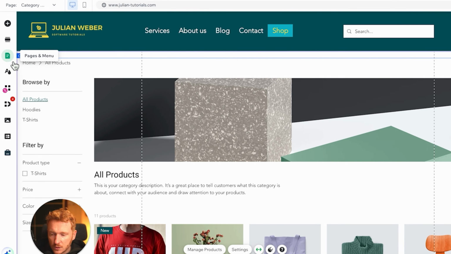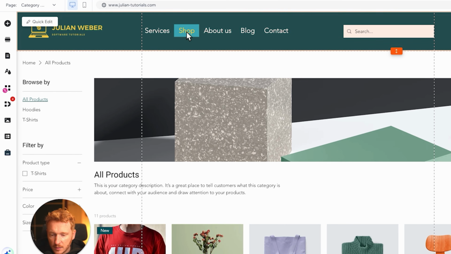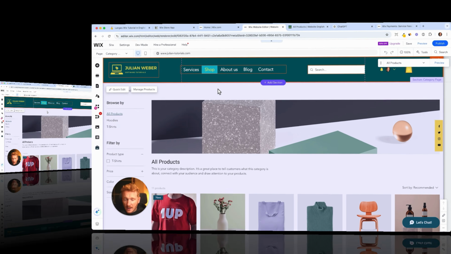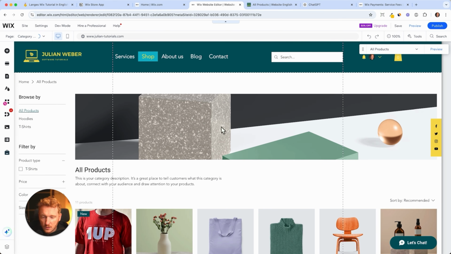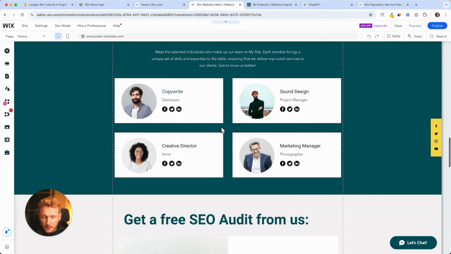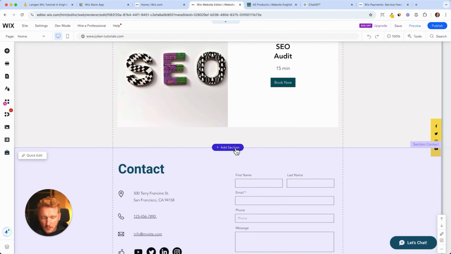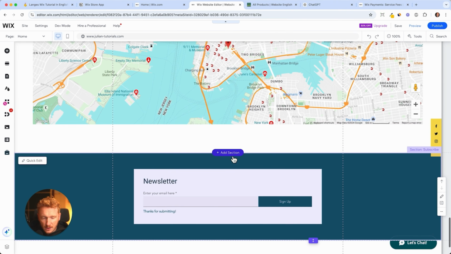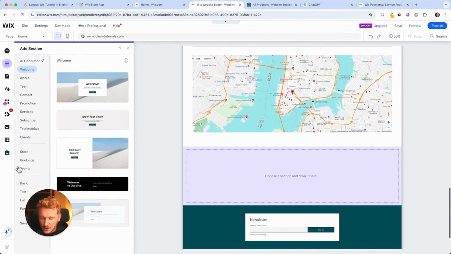So if you go to pages and menu, then you can go to side menu, and maybe we want to have the shop section before the About Us page, so directly at the beginning after the services. And now advertising the product on our homepage is also a thing. So when you go to the homepage, then we had this with our SEO audit, but we can do the same with the product. So maybe down here, I want to promote my merch t-shirt, and then I can go on design sections